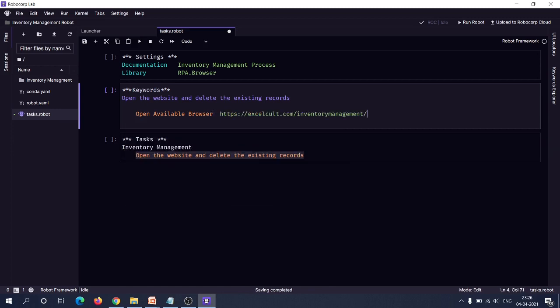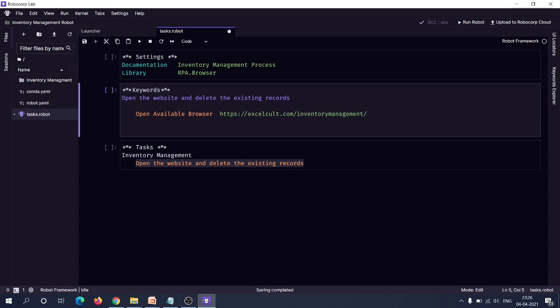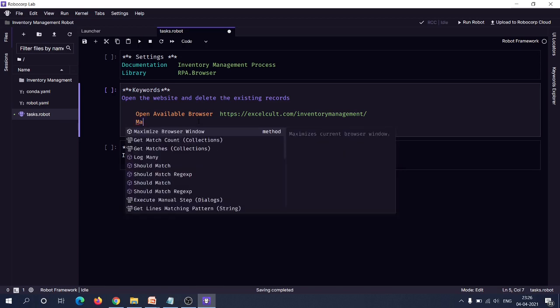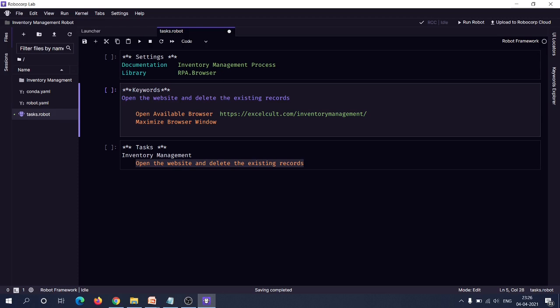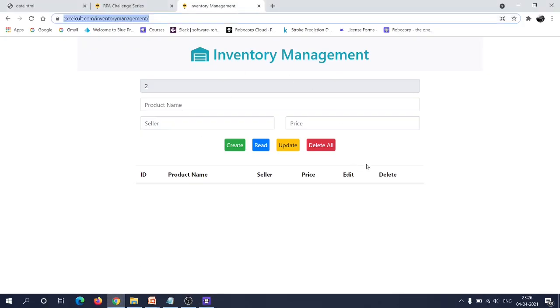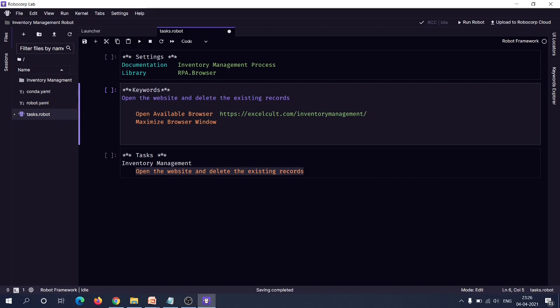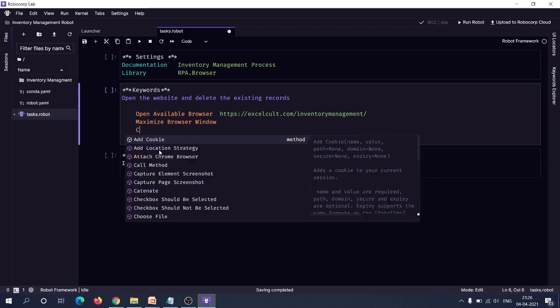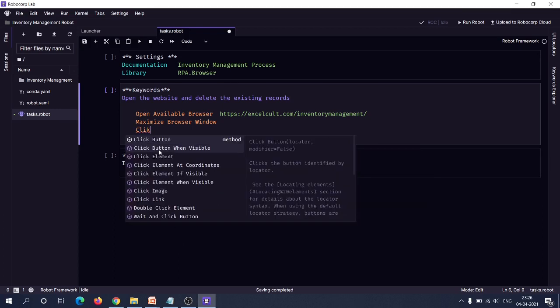1 2. Okay, so next, after opening the browser, we have to maximize the browser window. For maximizing the browser window, there is a keyword called maximize browser window. So it will maximize the current browser window. Okay, so after opening the website, the next step is you have to click on the delete all button to delete the existing record. And for clicking the button, we have to utilize click button keyword which is coming under